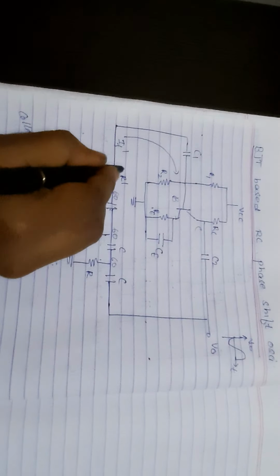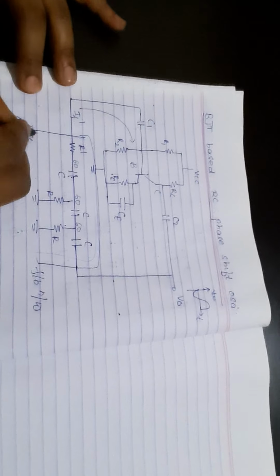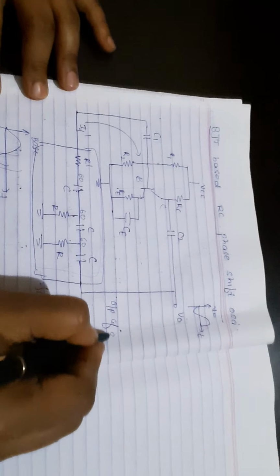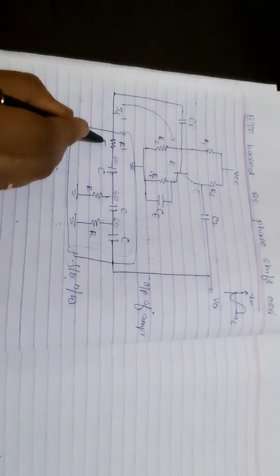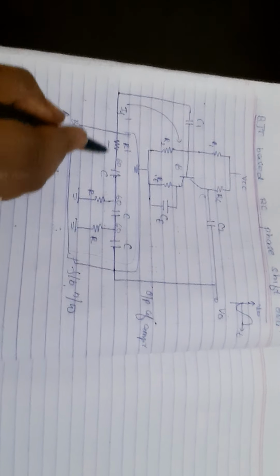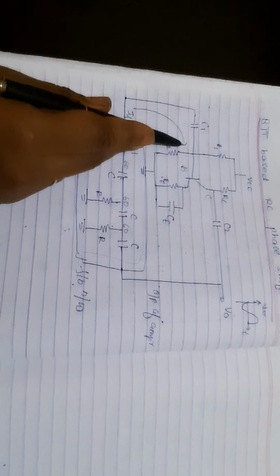This is the feedback network. The input to this feedback network is the output of the amplifier. The output of the amplifier is given as the input to the feedback network. The resistance R dash, we have one resistance here, R dash, of the last RC section is returned to ground. Now this R dash is going to ground.